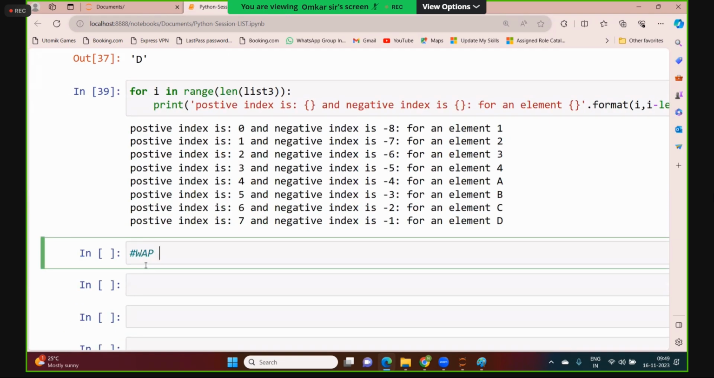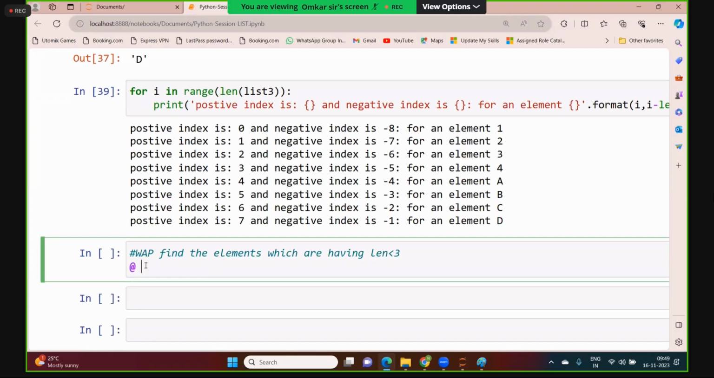Write a program. Find the elements which are having length less than 3. And your list will be like this. Your list equal to